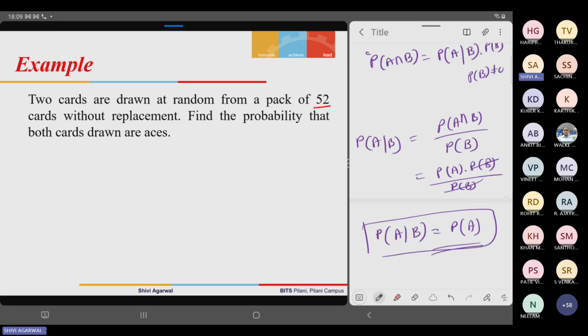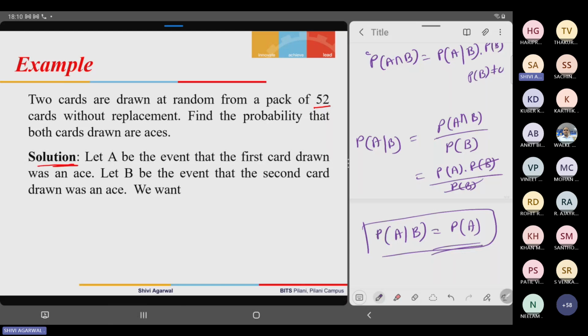So when we are just taking the second one, the first is with us. It is not with the pack. Okay, so find the probability that both cards drawn are Aces. Solution: let A be the event that the first card drawn was an Ace and B be the event that the second card drawn was an Ace. Here one Ace is already